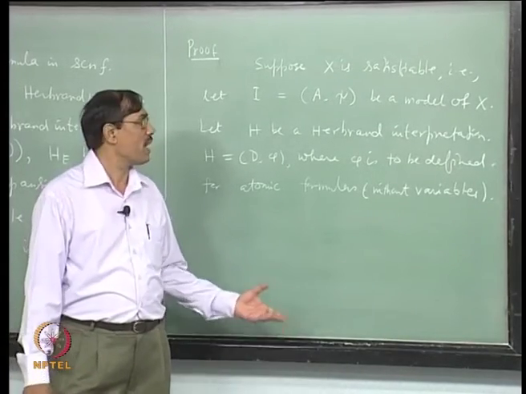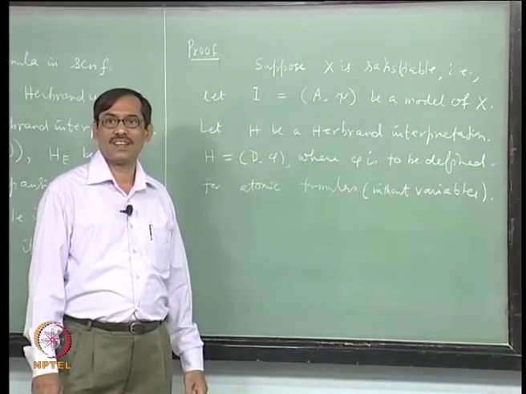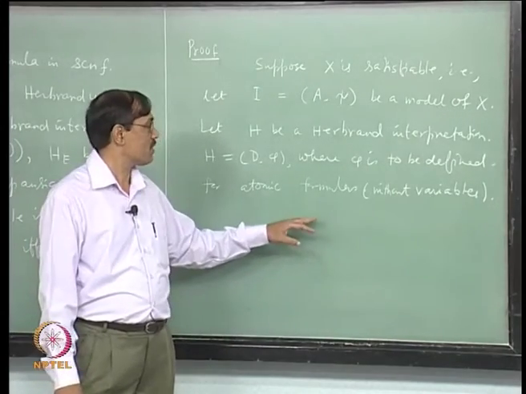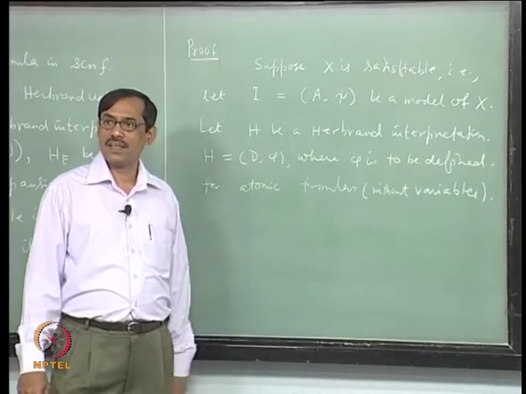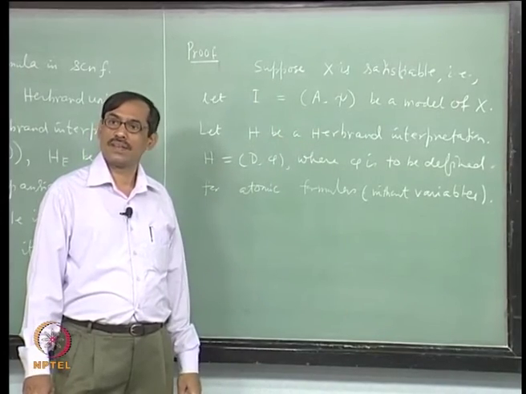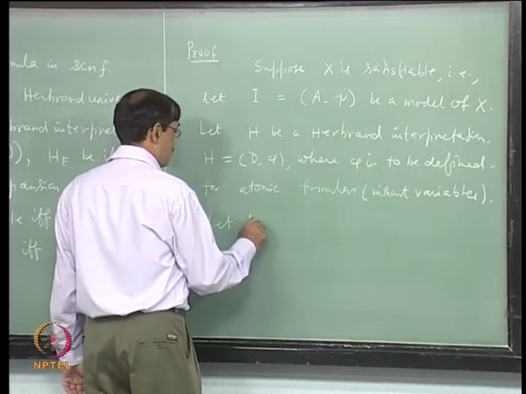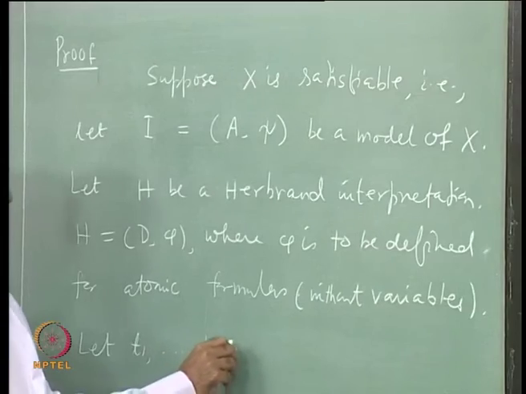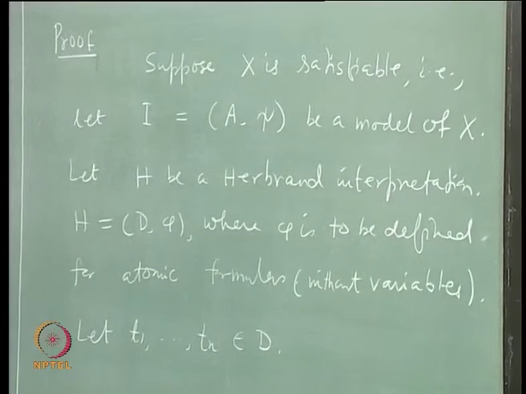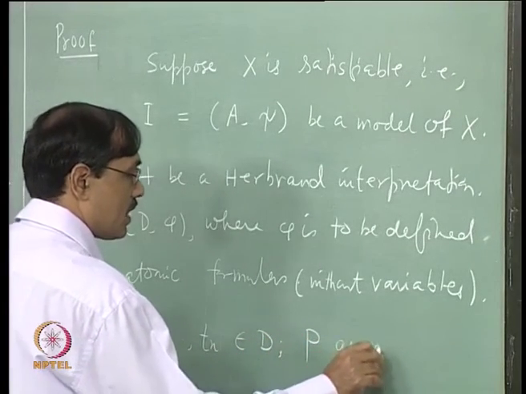Well, we will define it the same way as it is being interpreted here, because we want this to be implied, and we have the freedom of defining it now. So, we will define it in such a way that it becomes a model, then it should comply with whatever this I interprets, is that right. So, let T1 to Tn be terms in D, fine, P be a predicate, P an n-ary predicate.